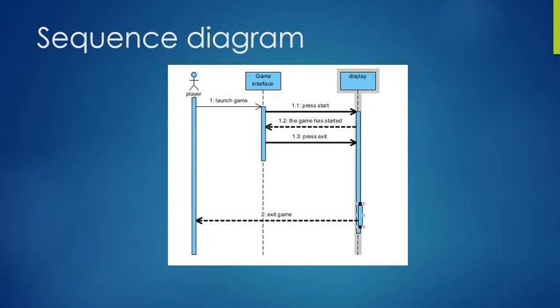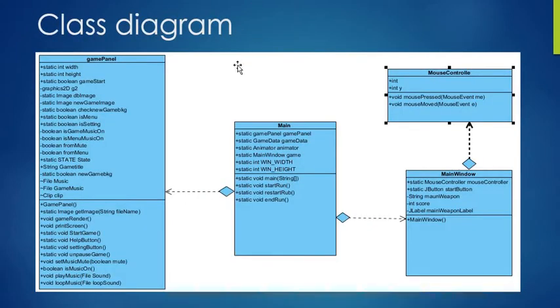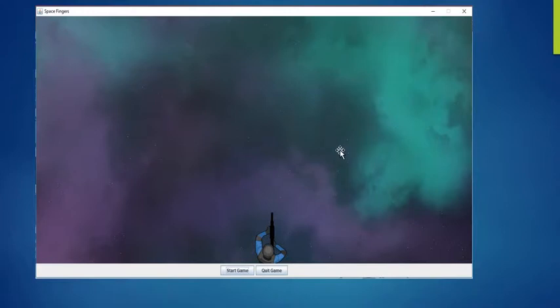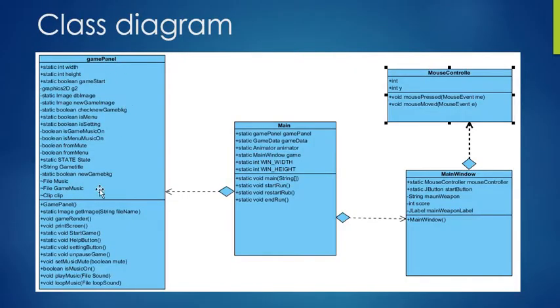Now we go to the last part of sprint one, which is the class diagram. This is the shortened version for you to see what's going on. On the class diagram, I work mainly on the game panel. I put a lot of images so that whenever you launch the game, a first image pops up, and whenever you press on start and are able to start the game, there is another image. All is done on the game panel.